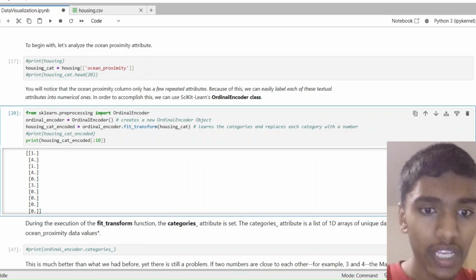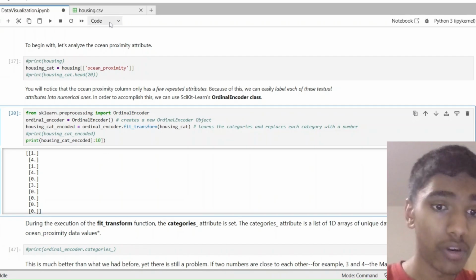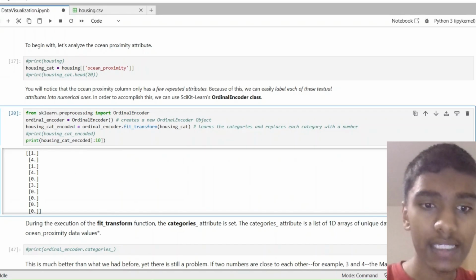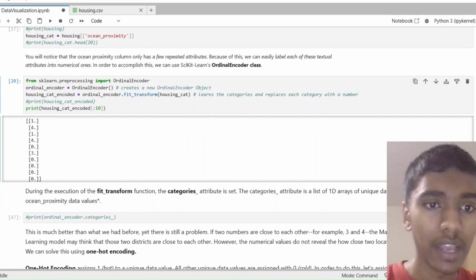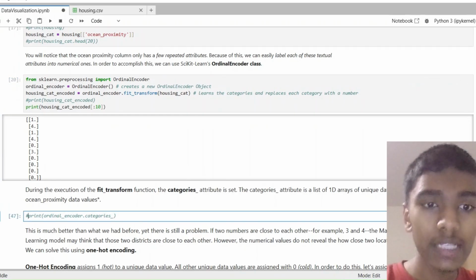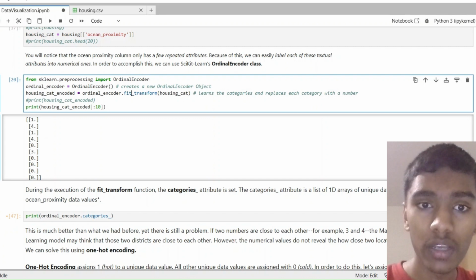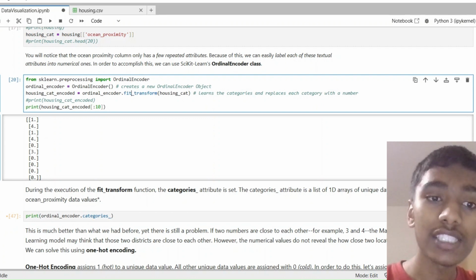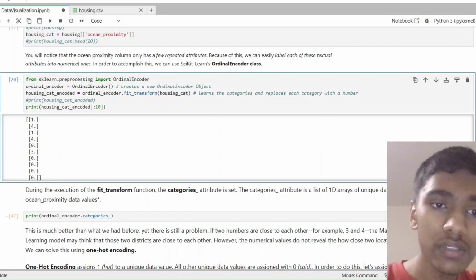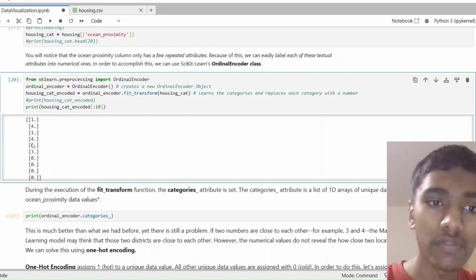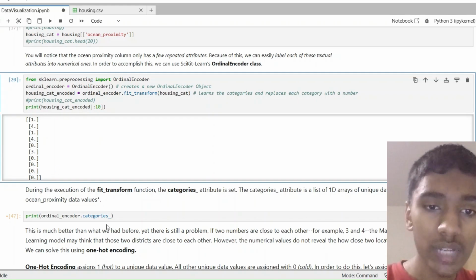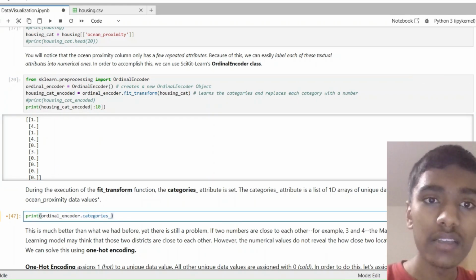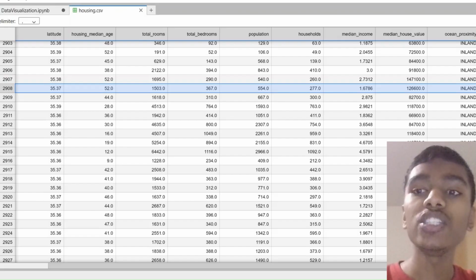Now, from there, you might be wondering, do we have to look through every single row in order to find this? Where exactly is this mapping stored? Well, when we run this function called fit_transform, what it does is it stores each of the unique values in an array. So once we're able to do that, we're able to see how many unique